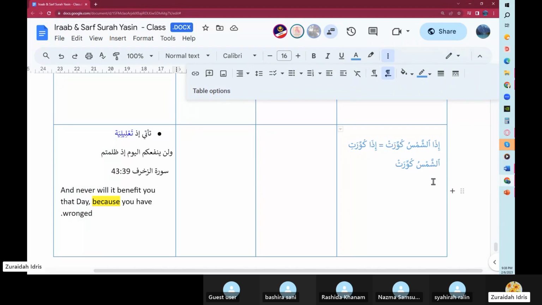But we said just now that for Iza shartiya, it has to come with a fi'il, and this is an isim. So what the grammarians say is that there is a fi'il here. This is the fi'il: Iza kuwirat ash-shamsu kuwirat. When the sun, kuwirat is to fold in, something like that. It's like a repetition of the same type of verb, and we just put it in front. It's almost like what we learned about, remember the Zaidan and Darabtuhu thing, the ishtigal.